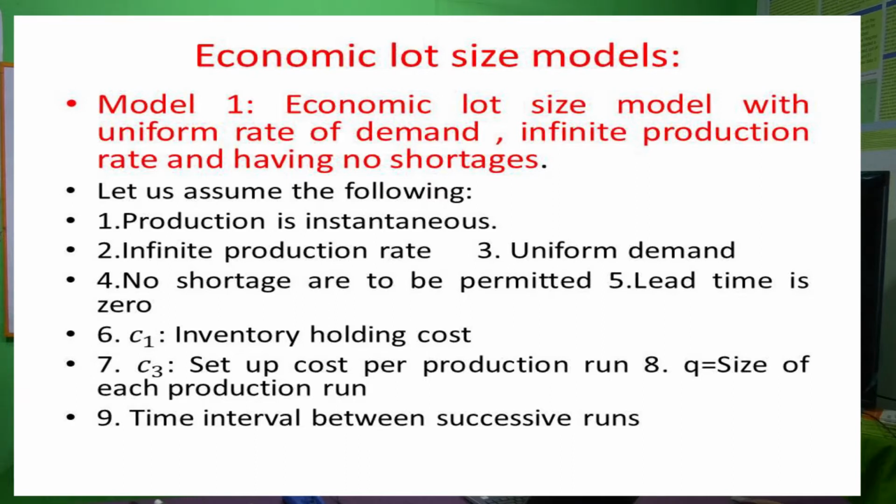Model number 1: economic lot size model with uniform rate of demand, infinite production rate, having no shortage. So there are different types of models, and this is the first model. In this model, we have to assume the following: production is instantaneous, infinite production rate, there is a uniform demand, no shortages are to be permitted, and lead time is 0. These are the assumptions. Then C1 is the inventory holding cost, C3 is the setup cost, Q is the size of its production run,